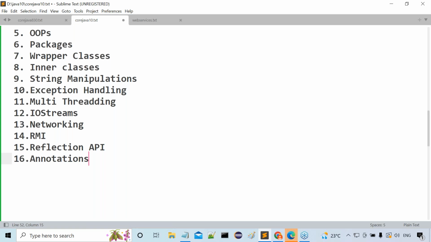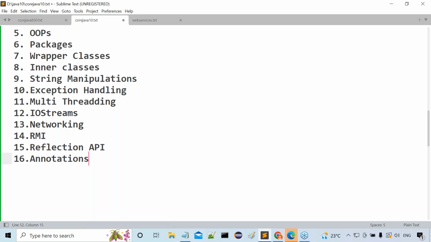If you go for advanced Java, there I will use annotations. If you go for Hibernate, there I will use annotations. If you go for Spring Boot microservices, there I will use annotations. But what is annotation? Why are annotations required? From where are annotations coming? Everything will be covered in core Java. But their utilization is available in advanced Java, frameworks, and the future technologies. So because of that reason, I have to go for annotations.